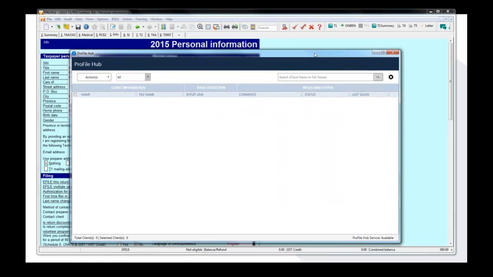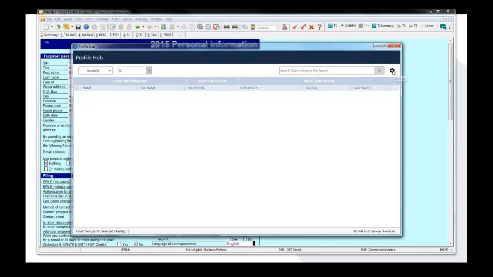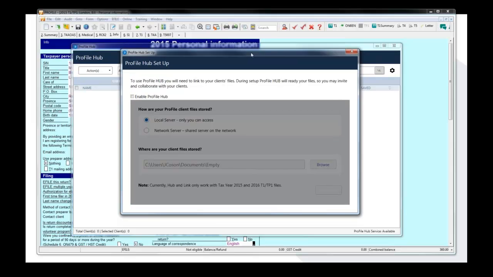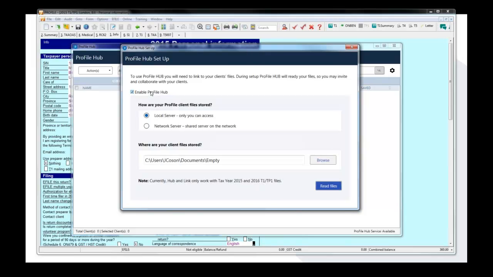For those who haven't set up Hub before, you will go through a few more prompts. It's almost like a wizard to set up Hub, and all you have to do is just follow those steps. Those steps will look like this here. So it's going to give you an option to enable ProFile Hub, and all you have to do is just indicate that by putting a check mark or clicking on to enable ProFile Hub, and you would have to